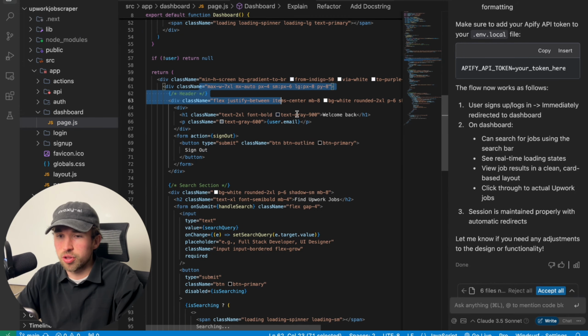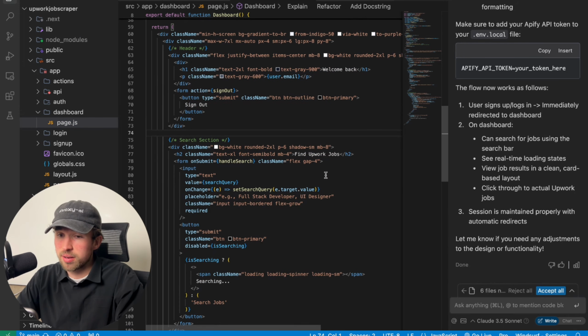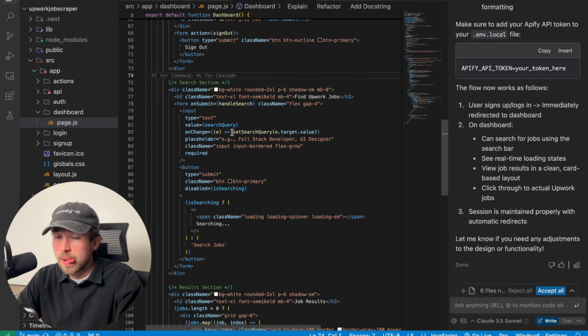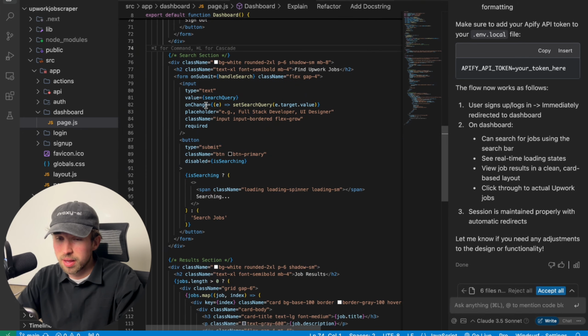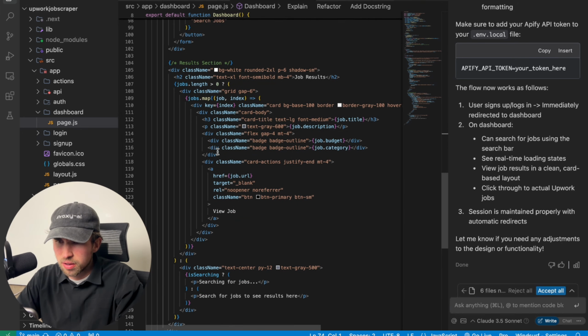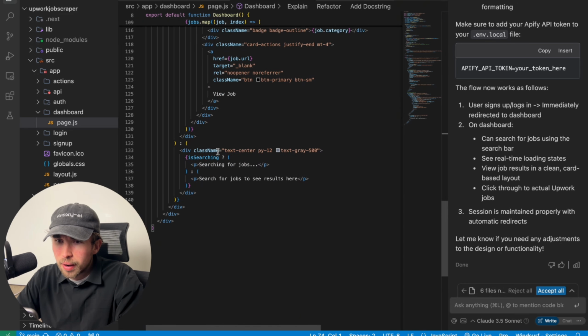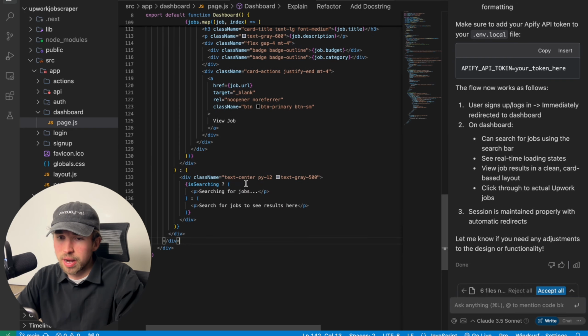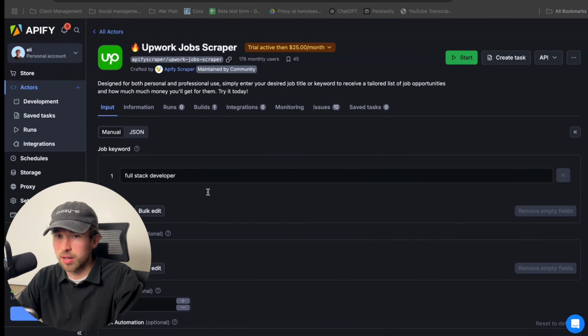So I had to go in here and actually handwrite some of the Tailwind styles for some of our classes here. However, what it did do very well is it added this searching for jobs and then search for jobs to see results here.